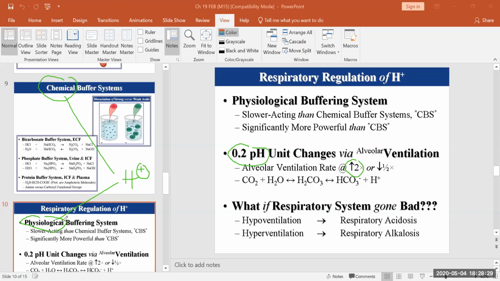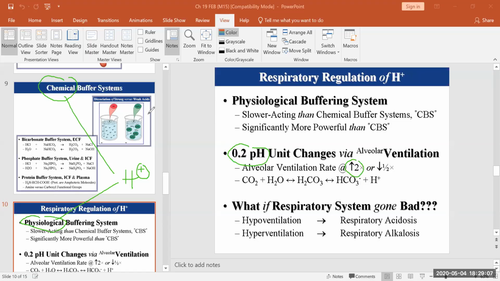They have the slowest onset, they take time to kickstart, but then they can get rid of our metabolic acids, meaning acids that are produced by metabolic pathways. So as our cells use chemical reactions to obtain energy, they produce side waste products, and a lot of them are acidic, and we need to get rid of them. And the only way is through urinary excretion. Okay,